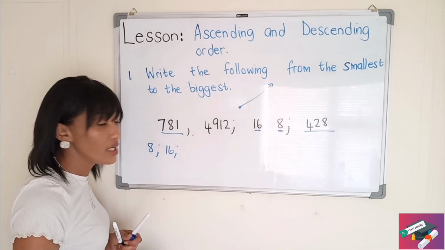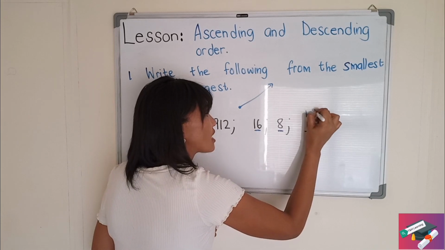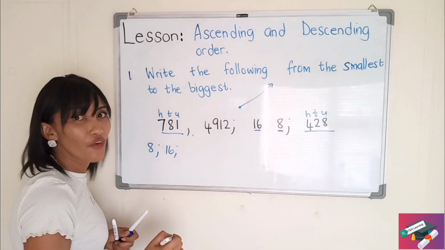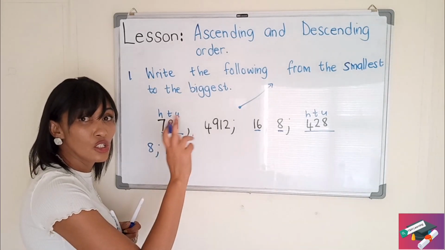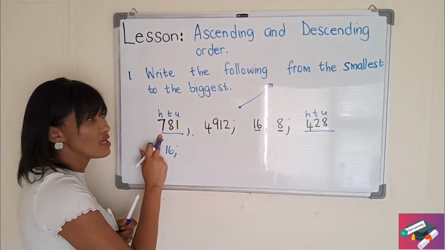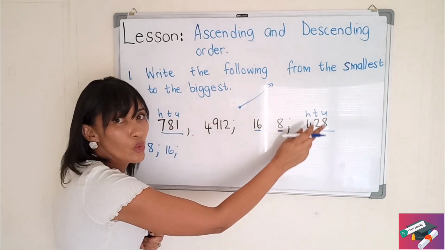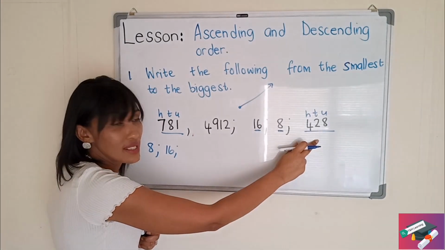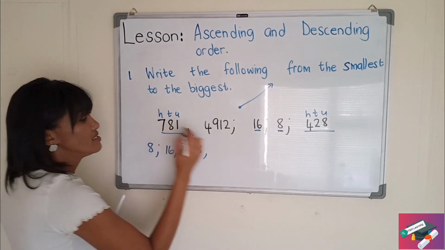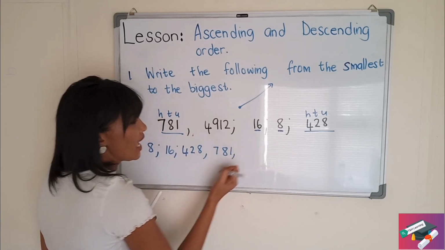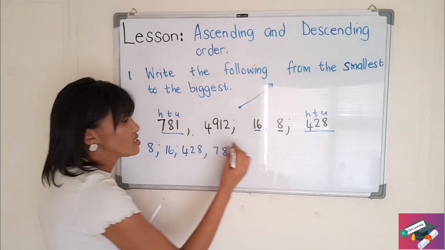Right. Once again, we're going to look at now our hundreds, our tens, and our units, to find out which one we need to write first. Remember, we're writing from the smallest to the biggest. So this is a 7 and that's a 4. So 7 is more than 4. So we will write down 428. So 428. And then 781. And then the last one, which is our biggest one, with 4 digits,